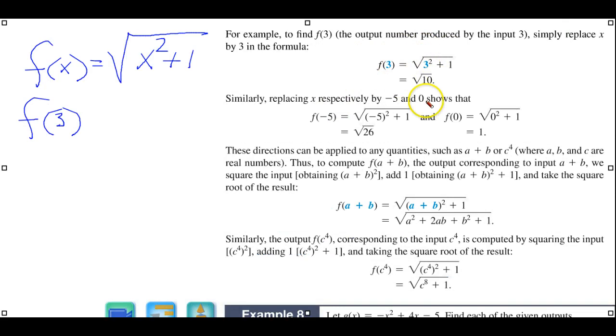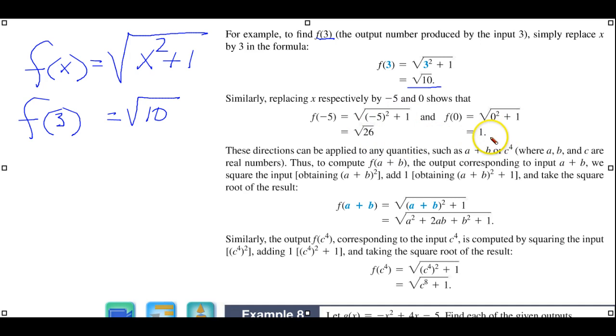So they're giving us various examples here now where we put for our x value a 3. So we would put a 3 in there. 3 squared is 9. 9 plus 1 is 10, the square root of 10, and that's what they're showing. If we put a negative 5 in there, again, we do the substitution, we do the math, and we get